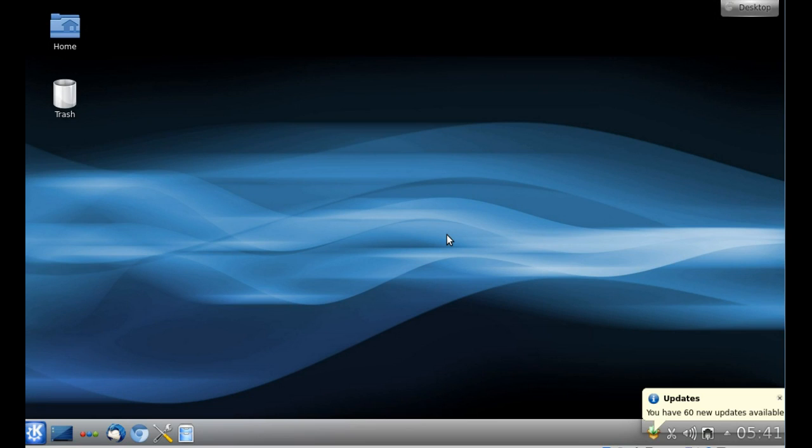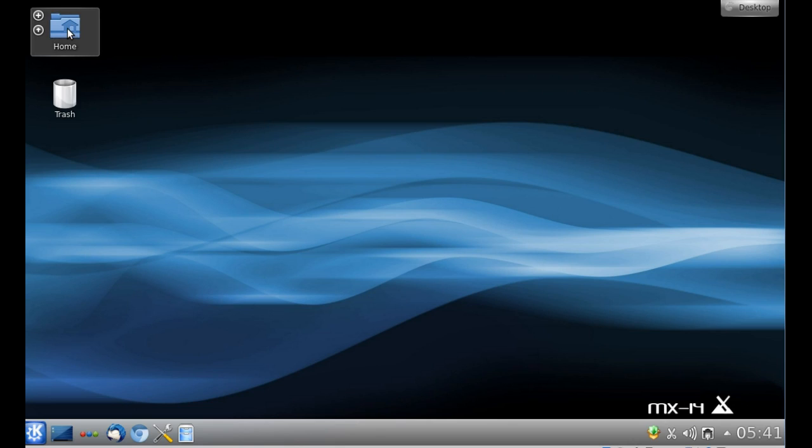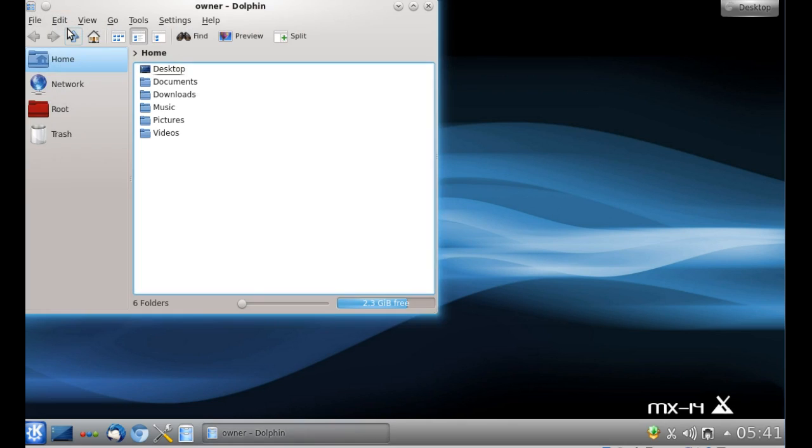The first thing you'll notice is the taskbar is no longer up on the left hand side, but it's down across the bottom. Of course, this is customizable and can be placed anywhere you want it. You'll also have seen that there were 60 updates available. We're going to ignore those for the time being and just show you the differences that you get with a KDE desktop. Let's look first at the home icon, which was on the XFCE desktop. When we click on the home icon, it takes us to the Dolphin file manager,